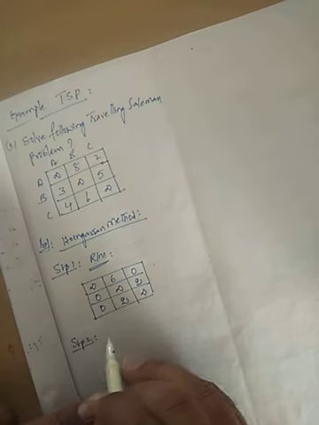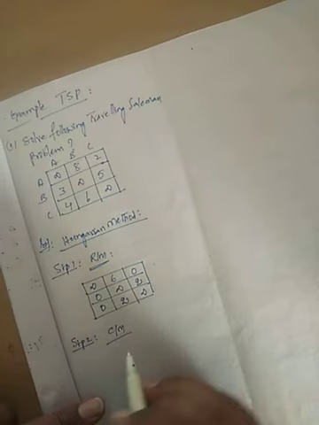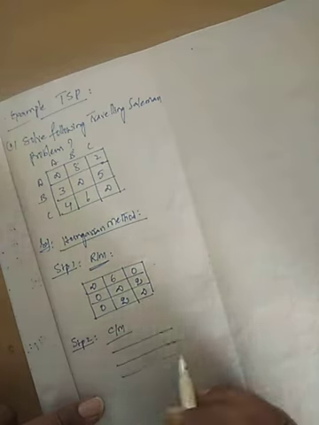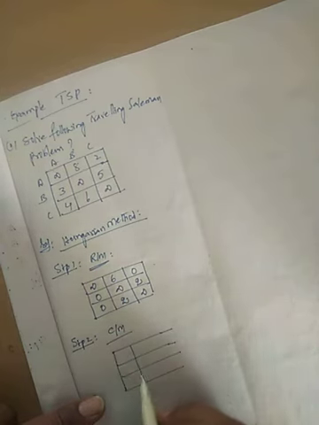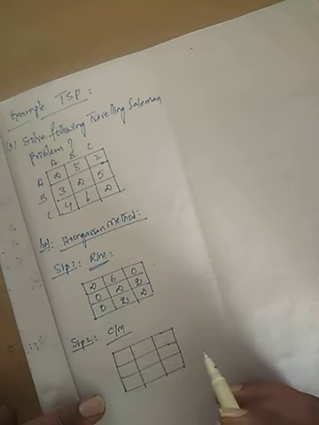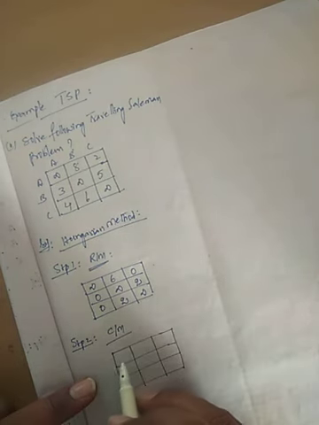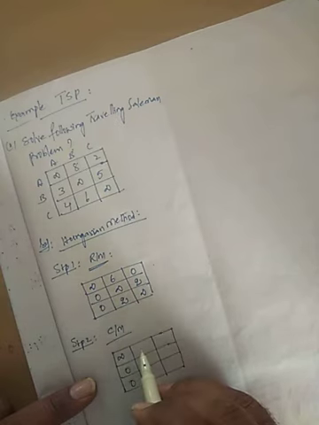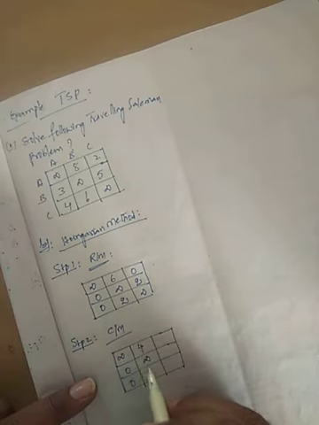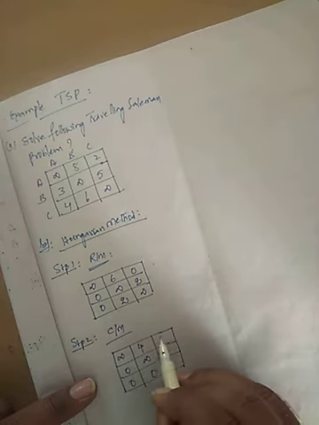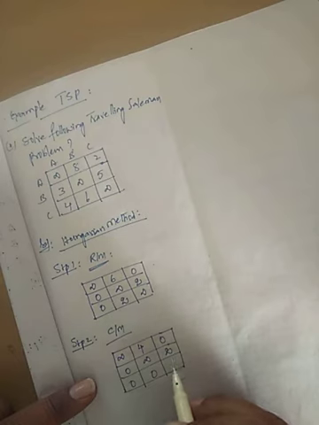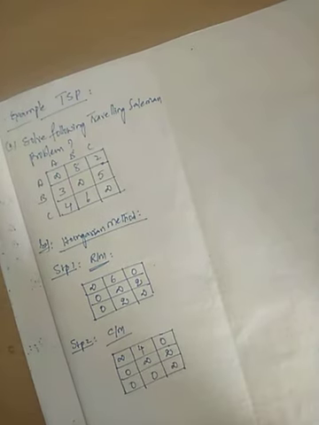So under step 2, column minima. Column minima means you have to write 1, 2, 3. Column minima, okay, column wise. Already zeros are there. So what I am doing now, infinite will be as it is, 0, 0. Now values are there. 2 means 4, infinite 0. Now 0 is there. 0, 2, infinite. So row minima is over, column minima is over.